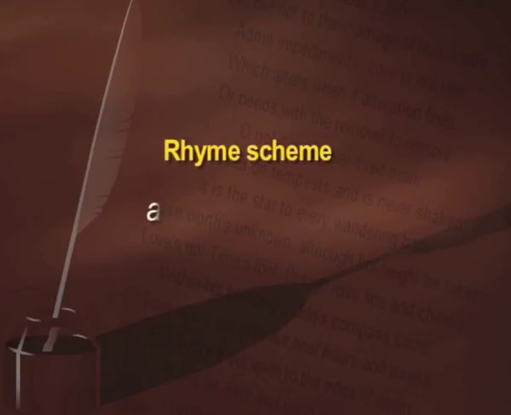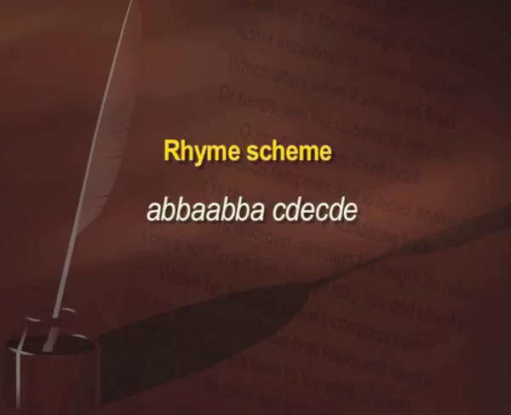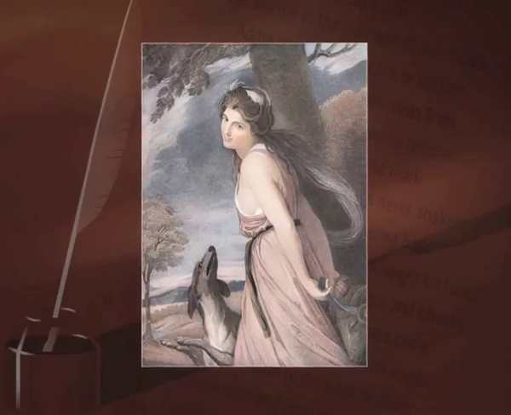Usually the rhyme scheme is A, B, B, A, B, B, A, C, D, E, C, D, E. In addition, it was part of the conventions of the sonnet that the first 8 lines, the octave, used to pose a problem, and the sestet used to give some solution to this problem. Other conventions which dictated the use of the sonnet as a form in literature in Petrarch's time and Petrarch's usage meant that the sonnet was usually a love poem written to a beautiful lady who was seen as unattainable and usually spoke of unrequited love.